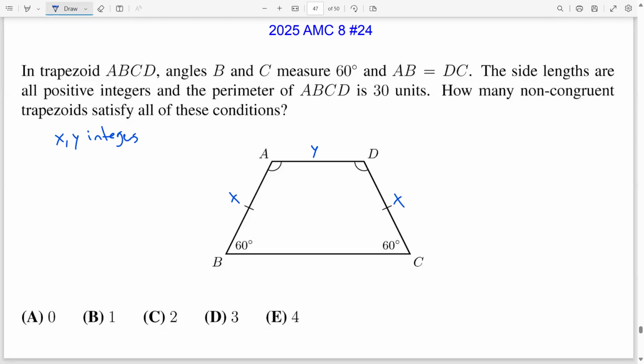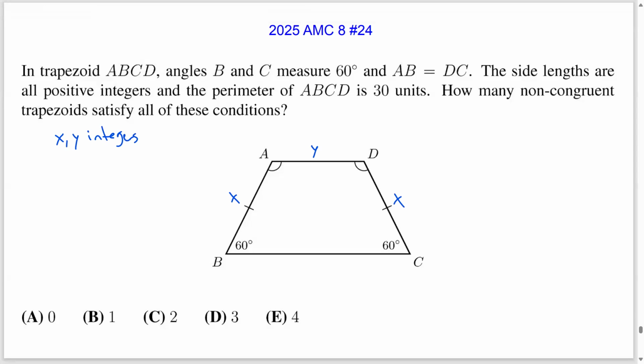Now, what is the length of BC? We could make another variable z, but it turns out that we can find BC in terms of x and y. The way to do this is to draw this line here from D to make an equilateral triangle. So I'm drawing this line so that it's parallel to AB. And if, let's say, E is the point where DE is parallel to AB,